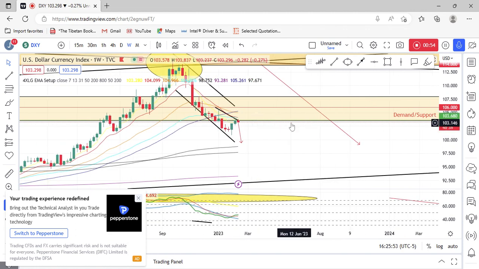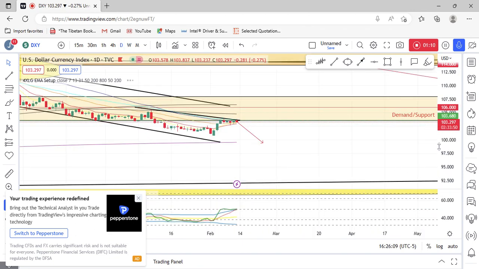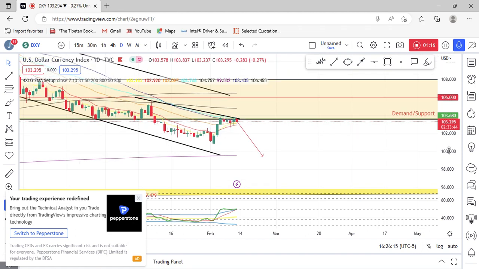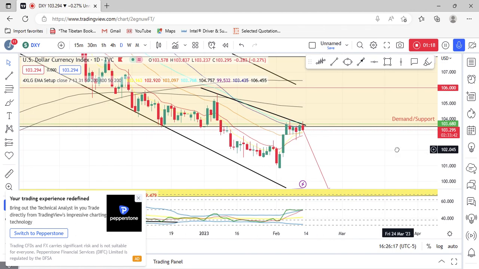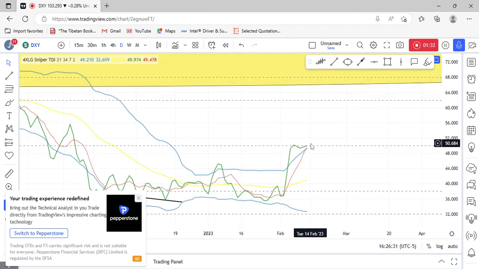So we're looking at a broken resistance area which will now serve as a support or demand zone at 103.680, as you can see. And the previous week we're looking at a possible rejection. If you follow through the videos I posted in the previous week, you will get a whole idea. So we're looking at this projection, which is a broken resistance now serving as a demand area, indicating a decline in demand. So as we can see on TDI,